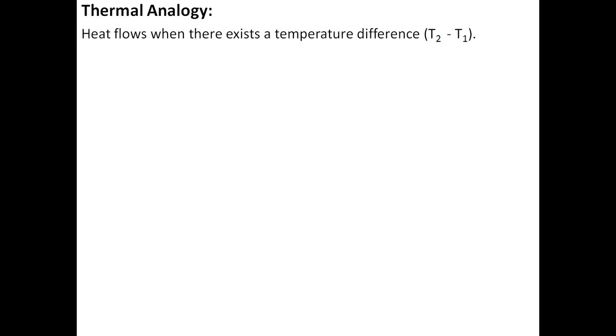Heat is always going to flow whenever we have a temperature variation. If there is no temperature variation between 2 points, heat is not going to flow. This is what we need to understand. Let us take two different points, point A and point B. At point A we have a temperature T1, at point B we have a temperature T2. If these two temperatures are different, then only heat is going to flow. If at both point A and point B the temperatures are the same, there is no heat flow between the 2 points.